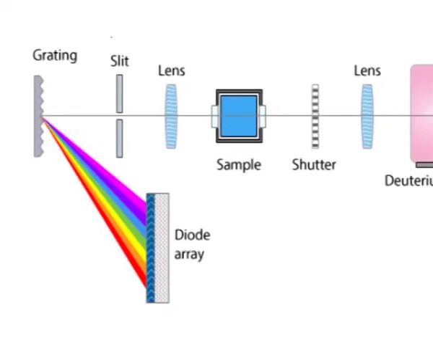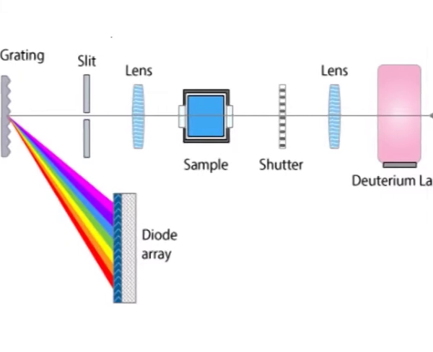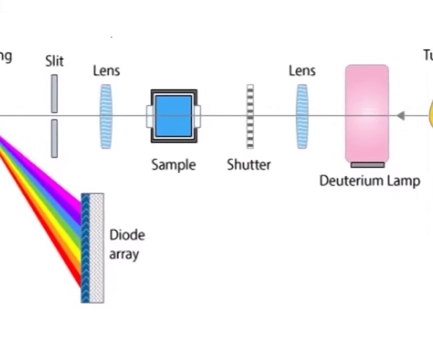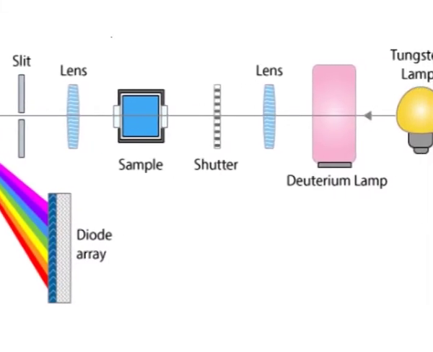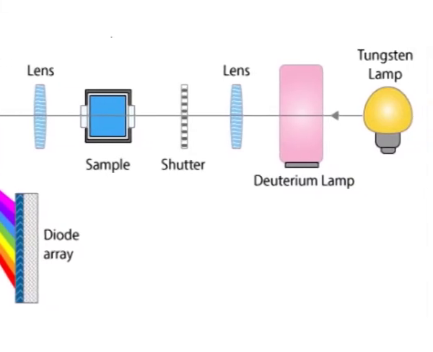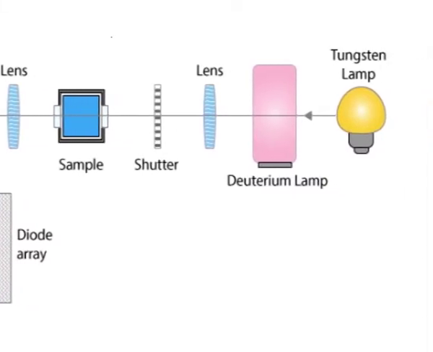The single beam spectrophotometer was the first invented and all the light passes through the sample. In this case, to measure the intensity of the incident light, the sample must be removed so all the light can pass through. This type is cheaper because there are less parts and the system is less complicated. This was the earliest basic design and is still in common use in both teaching and industrial labs.